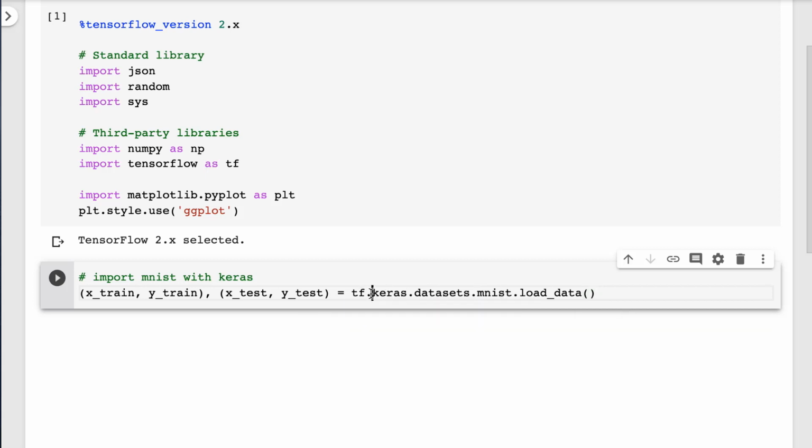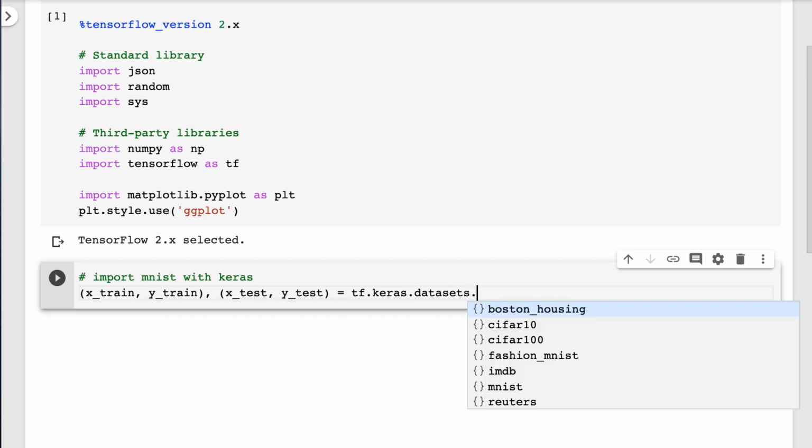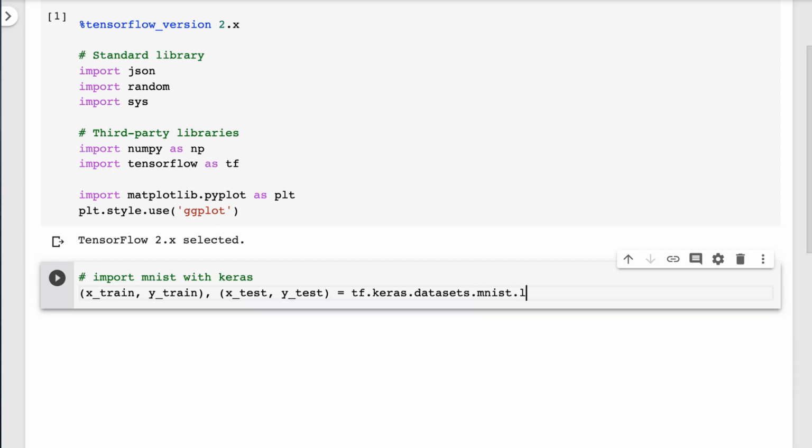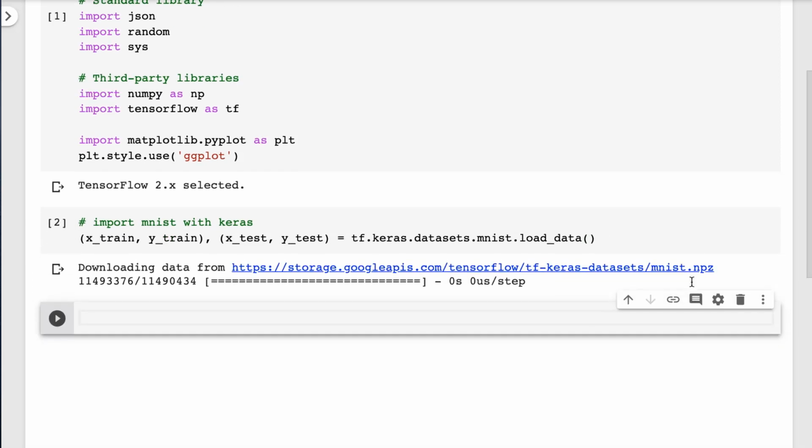As you can see here, auto-completion actually does it all for you. So if you select Keras, then you select datasets, you have multiple options, and you get MNIST, and you load the data. Done. While the data is downloading, it is always judicious to have a look at what the labels in the